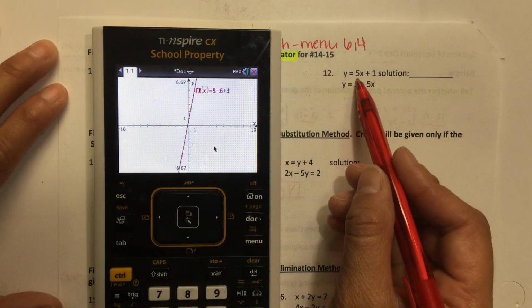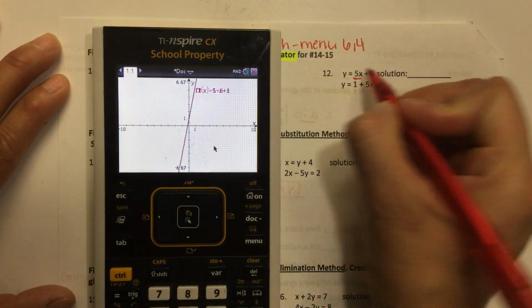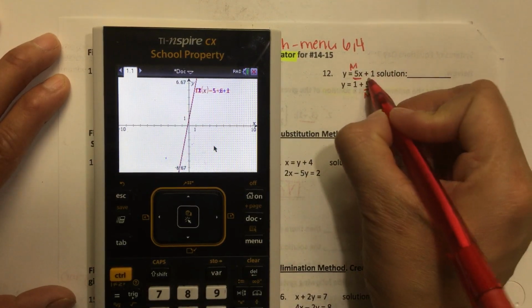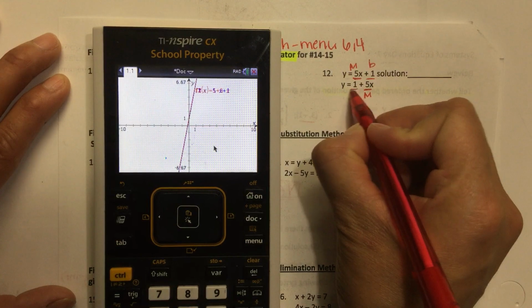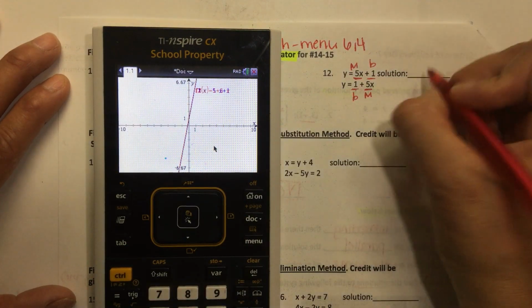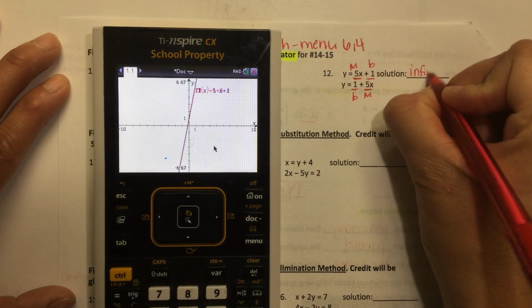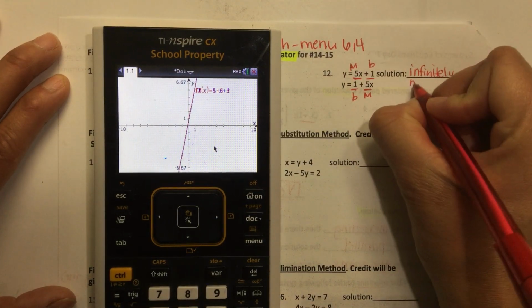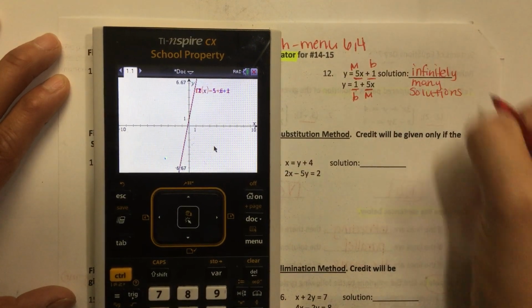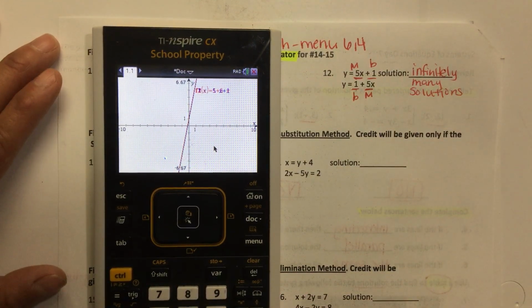If you go back and compare your equations, 5 is your slope. 5 is your slope. 1 is your y-intercept in each of those equations. When the slope and the y-intercept are exactly the same, we say infinitely many solutions. And you want to be careful and pay attention to your graph,